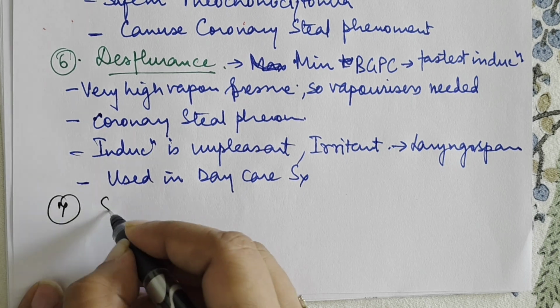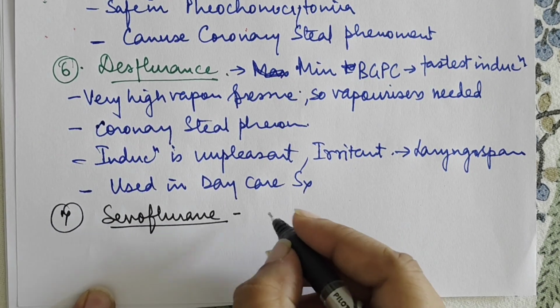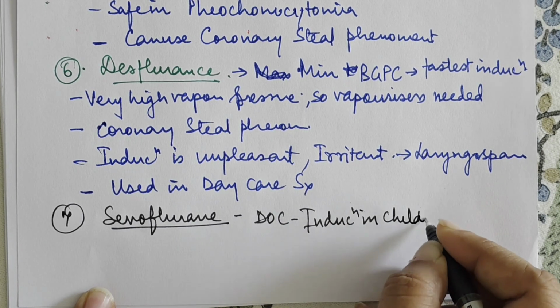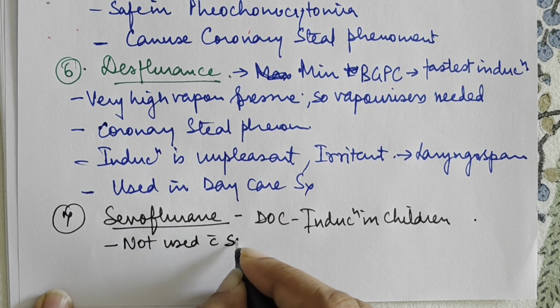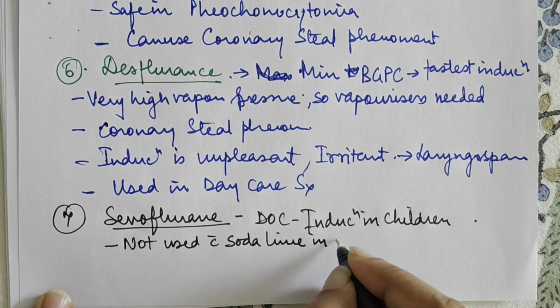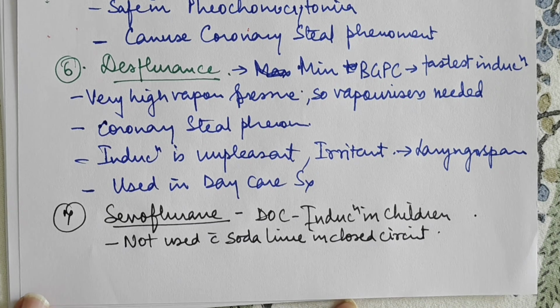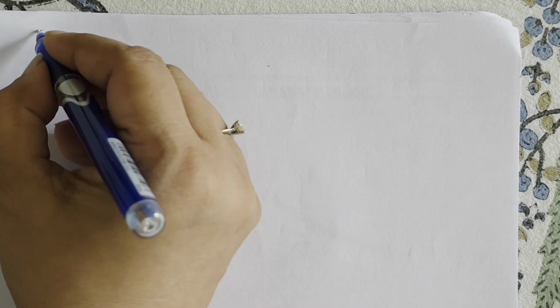Next we have sevoflurane. This is the drug of choice for induction in children. Then sevoflurane is not used with soda lime in closed circuit because it produces compound A, which is nephrotoxic, right? Next drug we have is methoxyflurane. What is the number there? 7. So the drug that we discuss next is